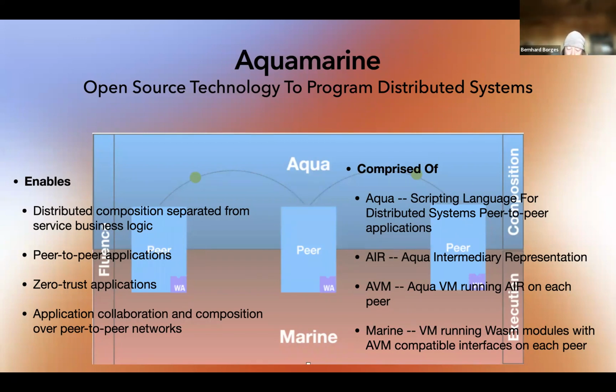On top of it, if you're into zero trust type frameworks and environments, it's inherent in the way the system is built, because at every ingress and egress, there are signatures collected, and that allows you to validate exactly what has happened on every state change. And so this fully enables the zero trust architecture. And then it allows you to collaborate and compose over peer-to-peer networks, a variety of protocols and applications.